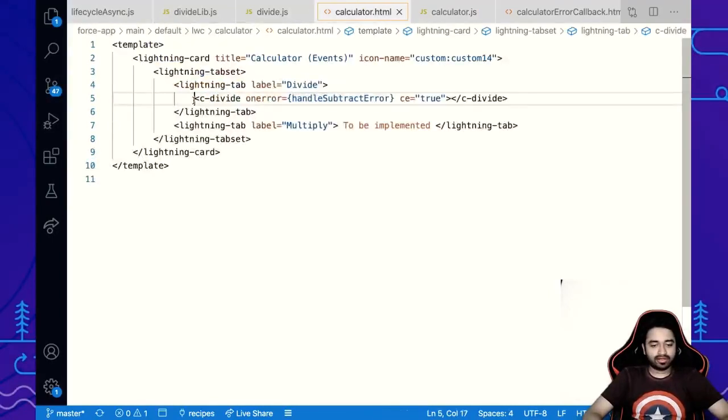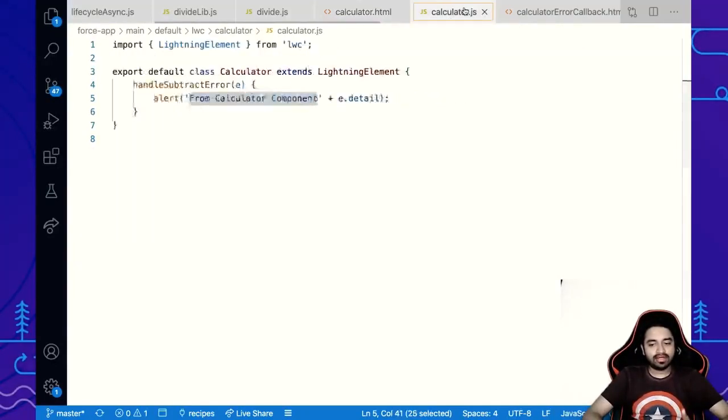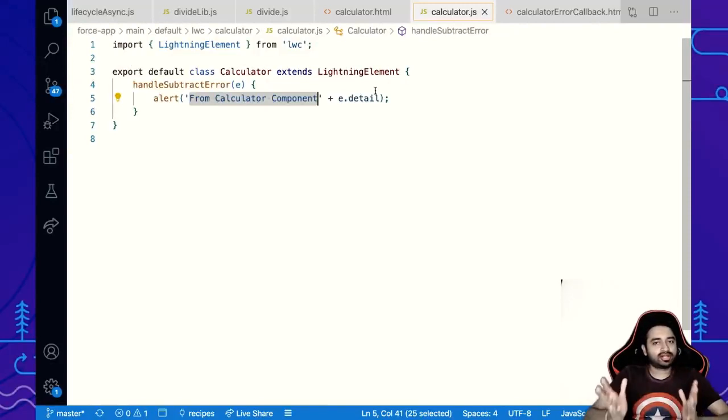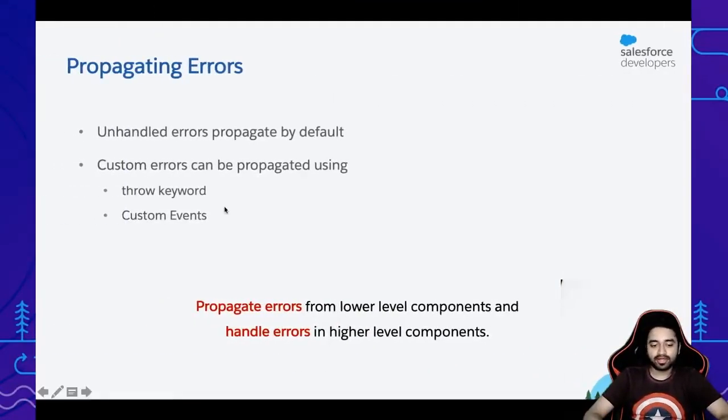So when building a calculator, I've built the divide component. Similarly, I can build the addition, multiplication, and all of them. All of them can throw errors. And in just one single component, the parent component, I handle all of the errors and show them in a consistent way. So that is the other advantage, consistency. If each component handles the error in its own way, consistency is lost. If you're looking at a calculator, if you add, the error is shown as an alert, but if you subtract, the error is shown as a toast pop-up and the user will get confused. So that's not something that we want. So as a best practice, do this, take a screenshot.